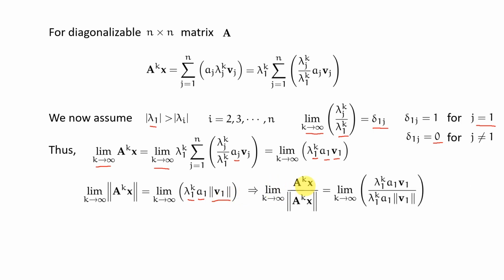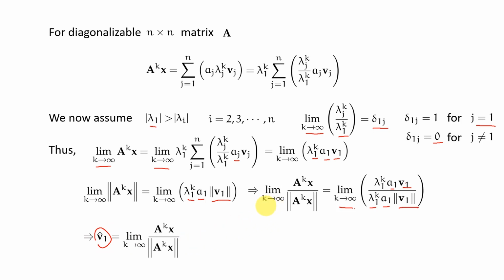So now if I divide A to the power k x by its norm and I allow k to go to infinity, I have this limit k tends to infinity lambda 1 to the power k a1 v1 divided by the same lambda 1 to the power k a1 and norm of v1, which means I have here v1 divided by norm of v1 on the right hand side, and this is simply the unit vector v1. So this is simply the v hat 1,